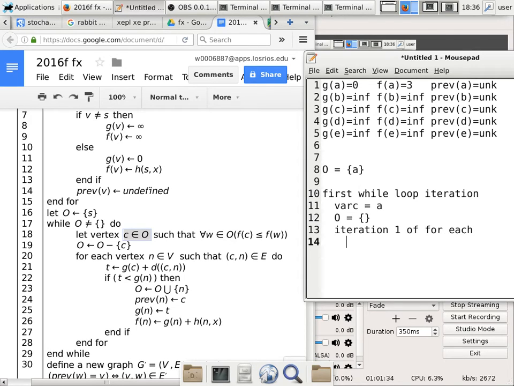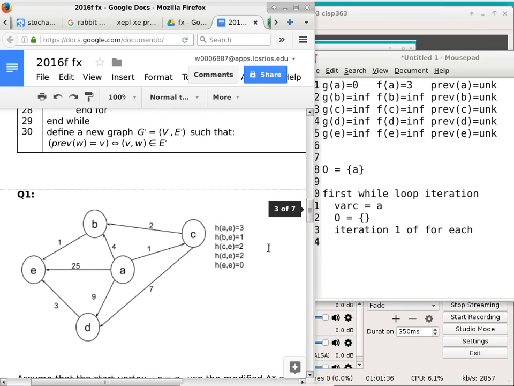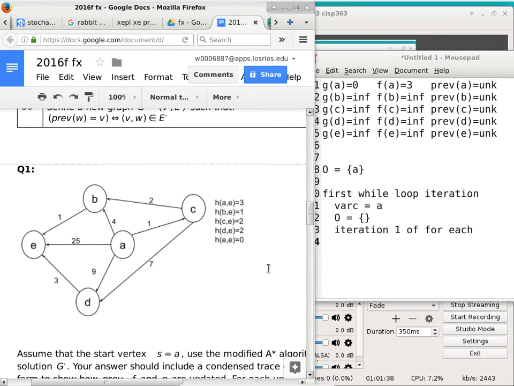So we look at vertex A, and then we go like, okay, who are the neighbors of vertex A? Well, vertex A turns out to have a lot of neighbors, including the destination state. So you might think, oh, this is going to be an easy problem to solve because in one single loop, we just find it.